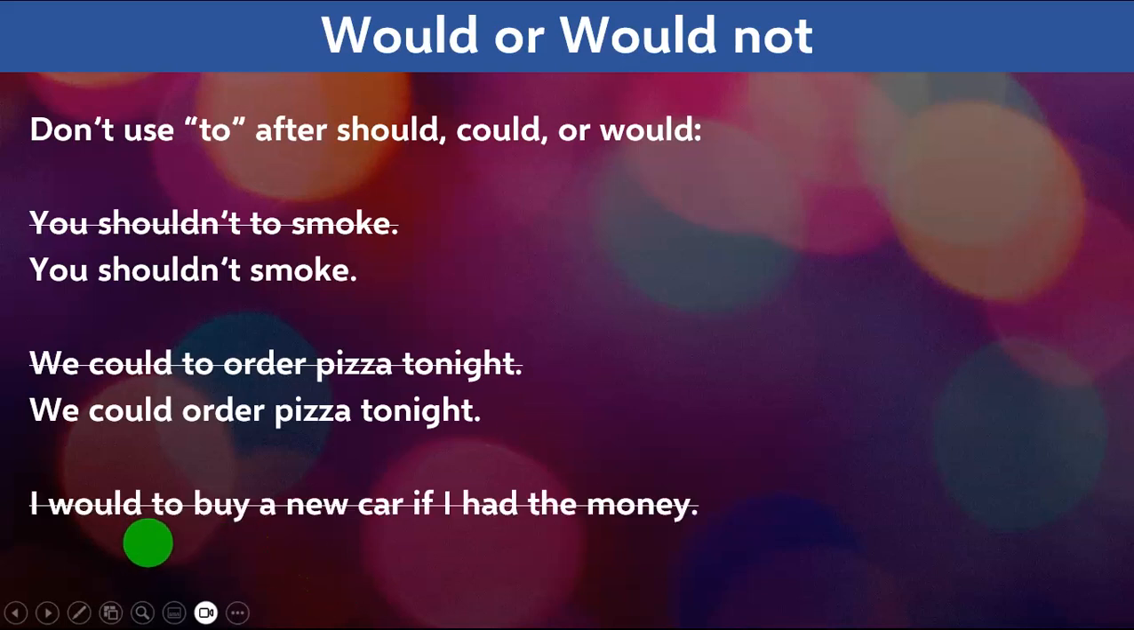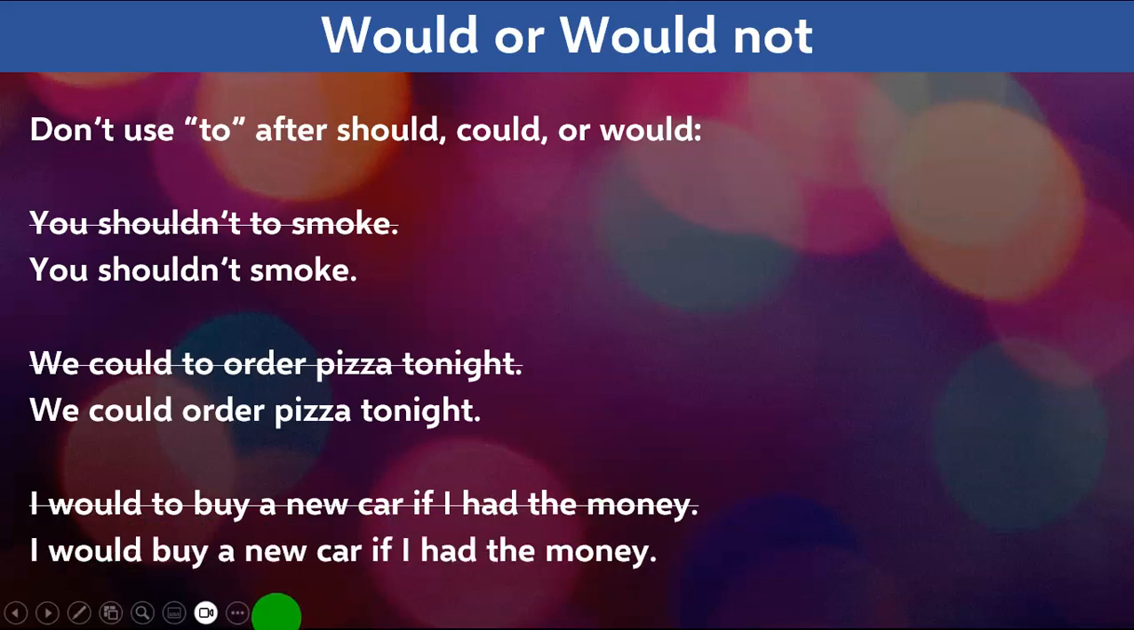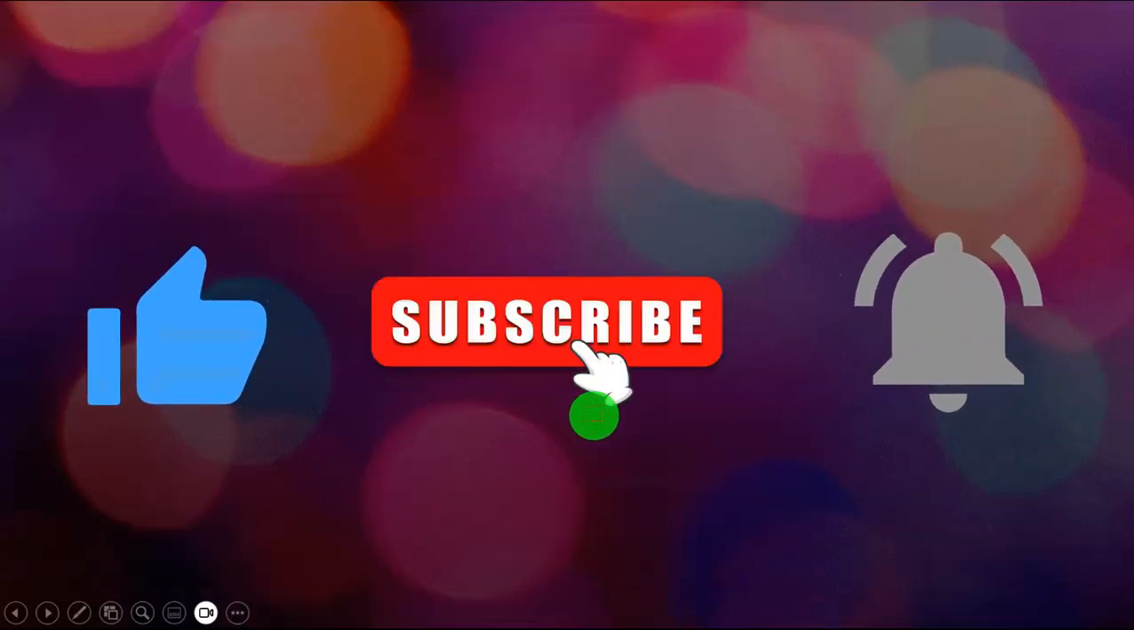Wrong sentence. I would to buy a new car if I had the money. Correct one. I would buy a car if I had the money. So never use the word to after should, could or would. That's a rule. So friends, I hope that the use of should, could and would is a little clearer